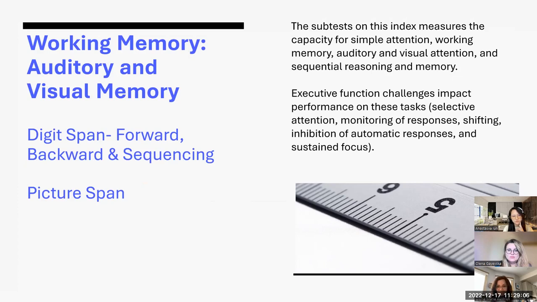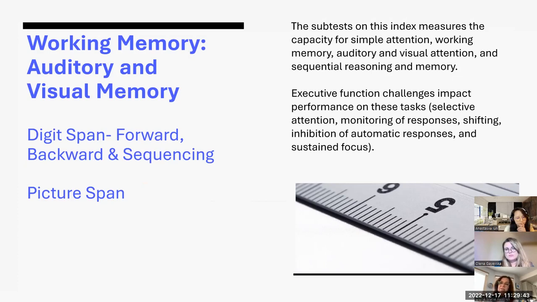If there's a deficit in that area, if they're having difficulties in math, or difficulties in number sense, number value, or place value, then this might be challenging. So it may not necessarily be a working memory issue, but more of a number sense or number concepts issue. The sequencing also looks at understanding the sequence of numbers based on value. It taps into what we call sequential reasoning, being able to understand what comes first, second, third.